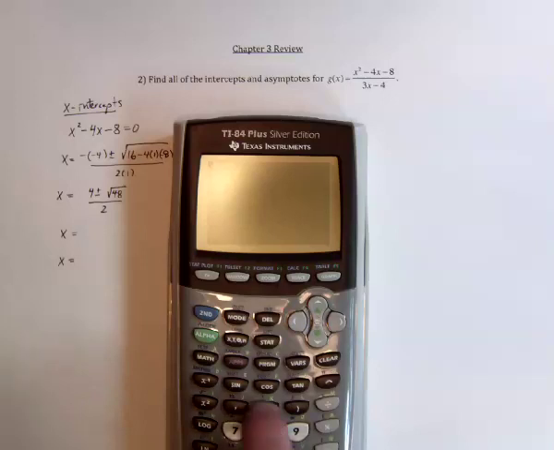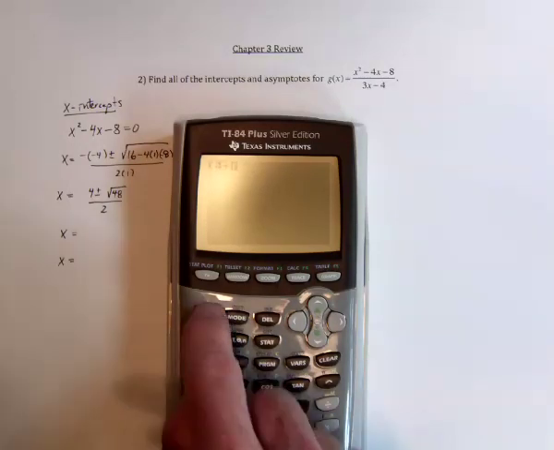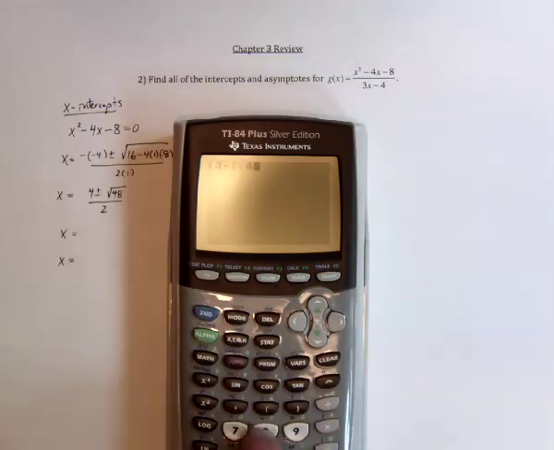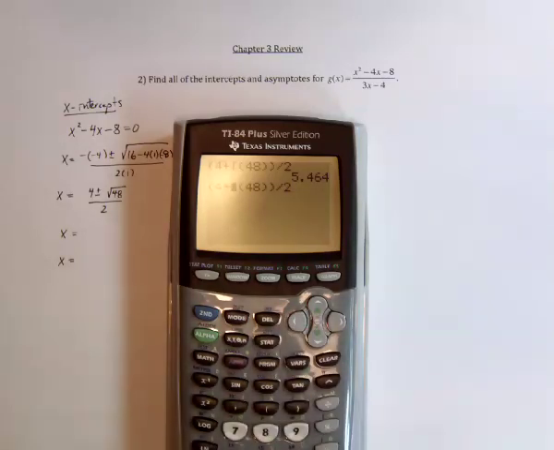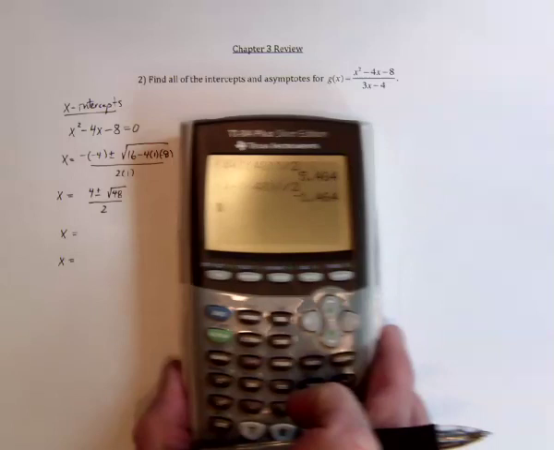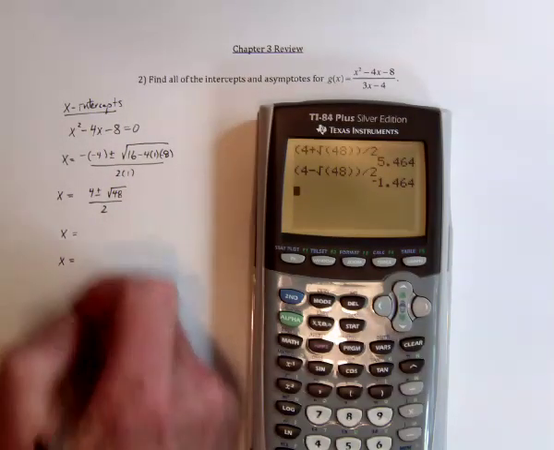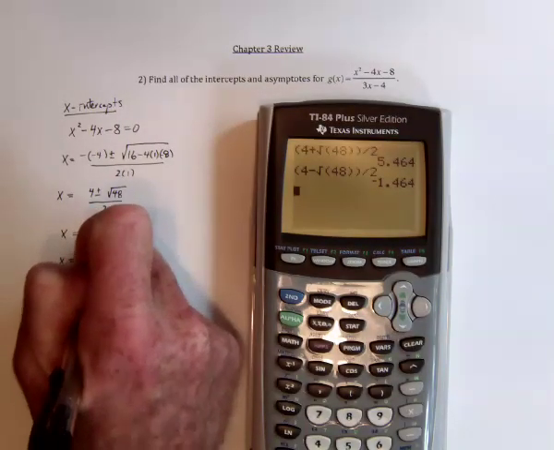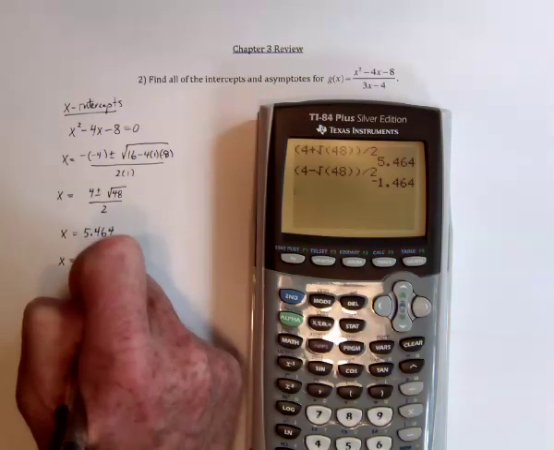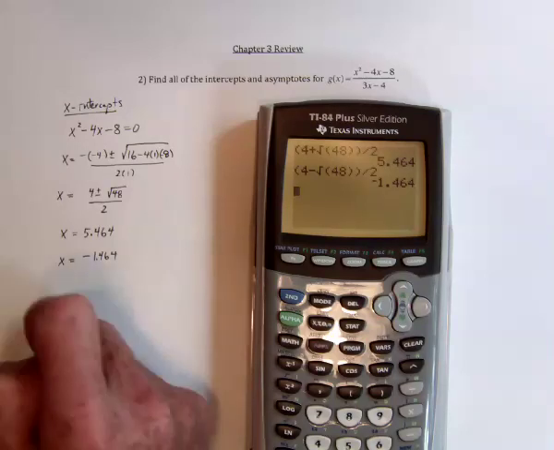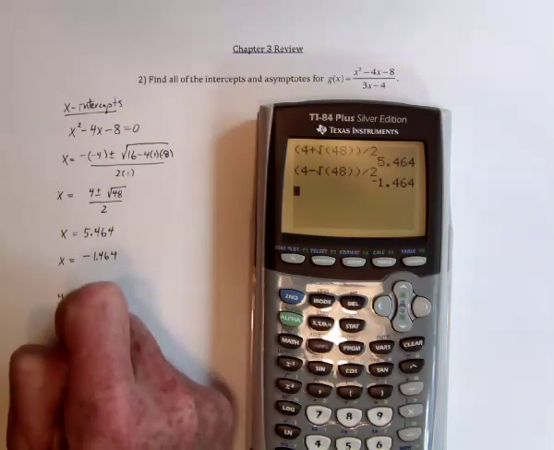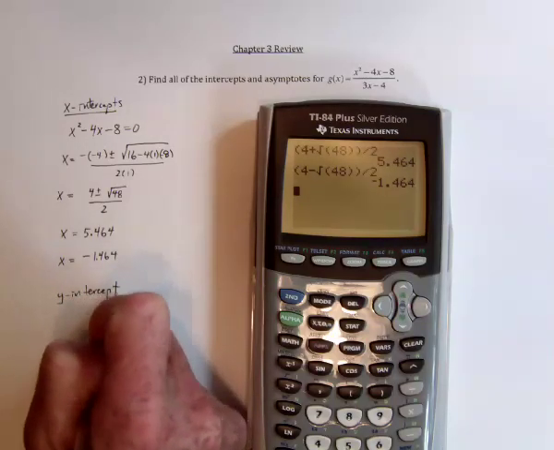So 4 plus the square root of 48 gets divided by 2, and then hit second enter, back up, and change this to subtract. So a 5.464 and negative 1.464. There's the x-intercepts. And then for the y-intercept,